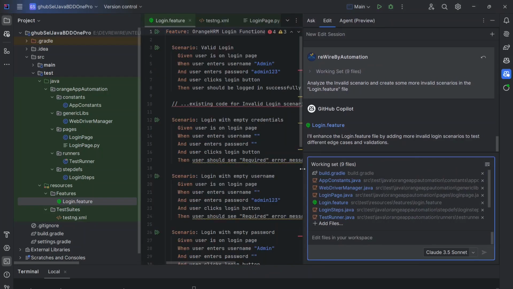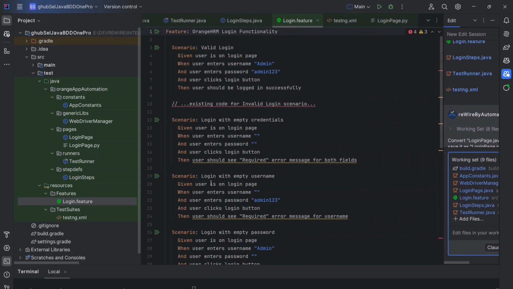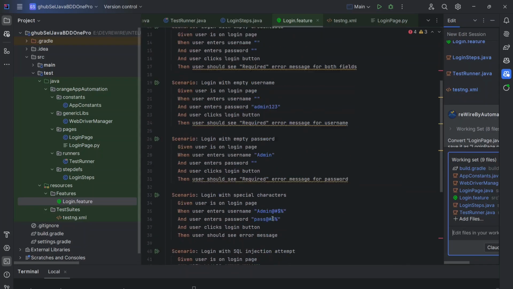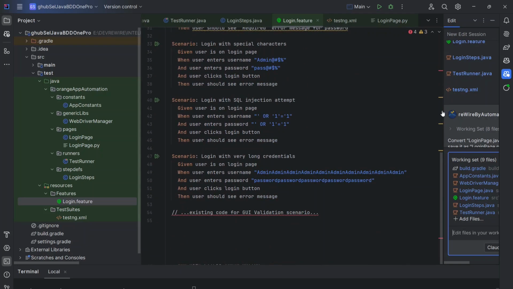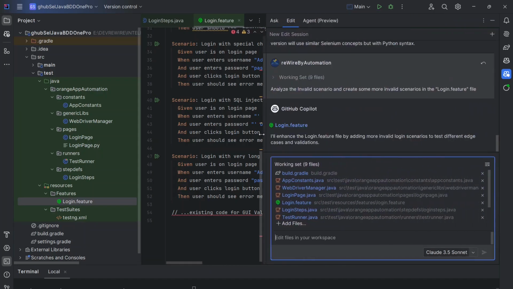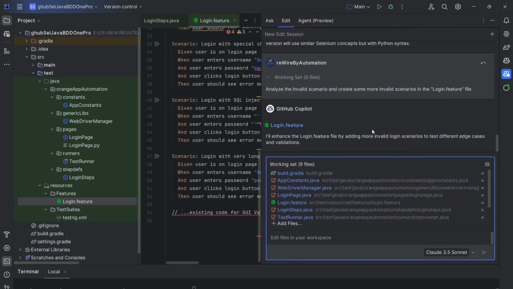You can go to this existing file and see, you can remove it and login with empty credentials, it has created automatically, and additional details. Like this, you can take the help of not only code, because it has the capabilities of understanding natural language, and give the inputs as well. Earlier this kind of feature was not there for BDD. We needed to switch out to ChatGPT and get it, and then again put it here. That kind of work we used to do